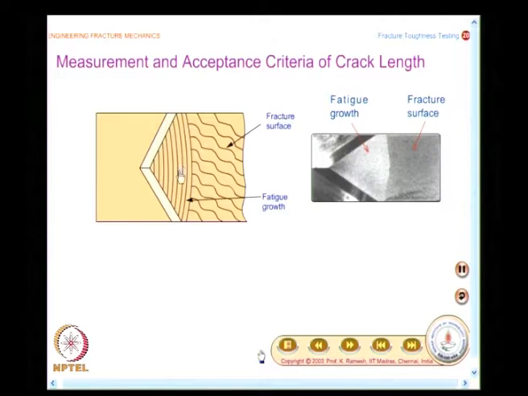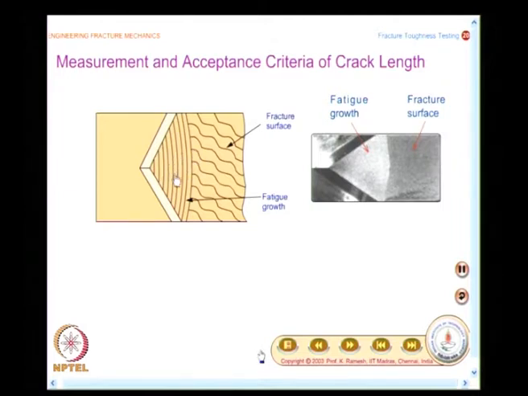In the case of through the thickness specimens which we had looked at earlier, we simply put that as a straight line because it is only a model. When you physically produce a natural crack, the crack would propagate only in this fashion. So, one of the restrictions is what amount of curvature can you tolerate.